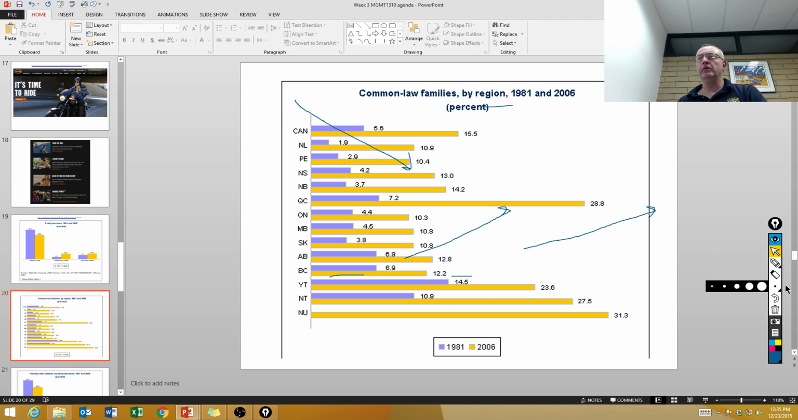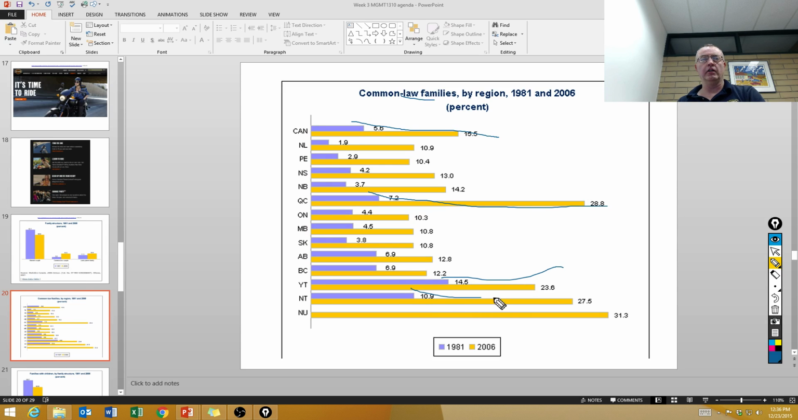Okay, when we look at the number of common law families, we've seen a tremendous increase across the board. So this is Canada as a whole. Big increase in the number of common law families, particularly large in Quebec and up north, Yukon and Northwest Territories. So if you have common law families and you want to sell wedding packages, well, you're not going to make a whole lot of sales in Quebec. Anyways,